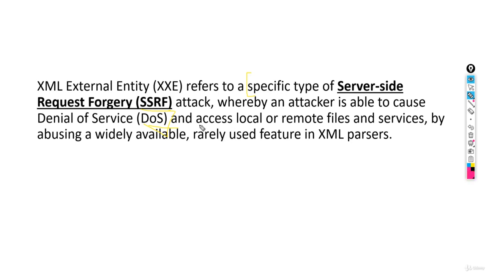It is saying that it is used to access local and remote files. That means it allows us to disclose some of these files, like local client files, or the server files, or the services, by abusing the feature of XML parsers. These parsers are like a compiler that is going to execute our XML code. So we'll make use of an XML payload to disclose some of these files of the server and the client, and this is the XXE attack.